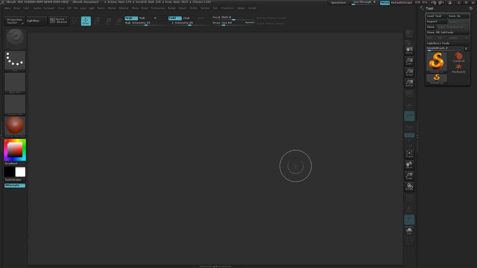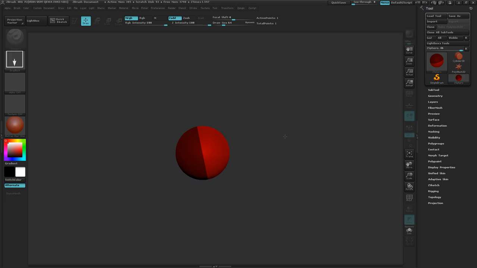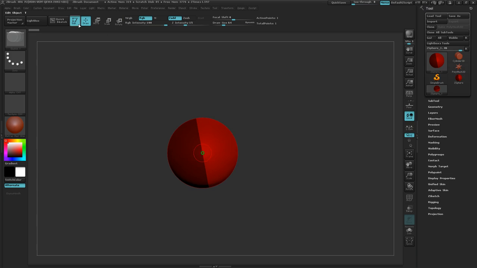Okay, I thought I'd walk through a brush project, kind of show you some methods that I've been using. So I'm going to start off with something a little different. This time I'm going to start with a Z-sphere and give you a little bit of a tutorial on using those. There are better ones obviously out there, and I think Z Classroom probably has some really good ones, but I'll just draw one out, go to edit, turn on the floor so I can kind of